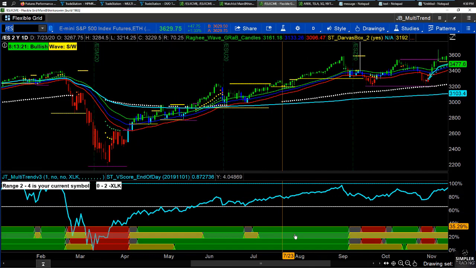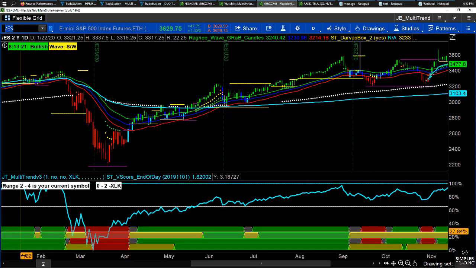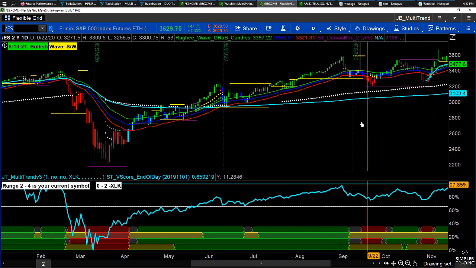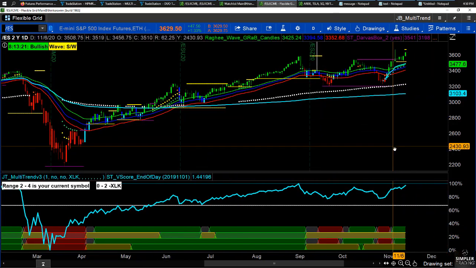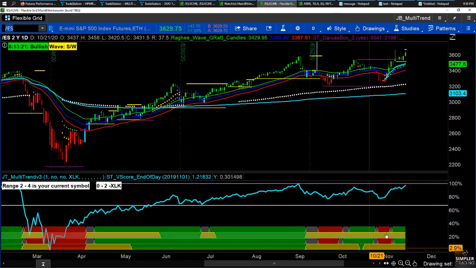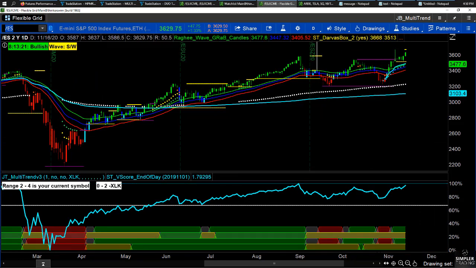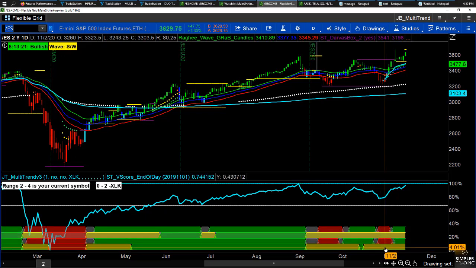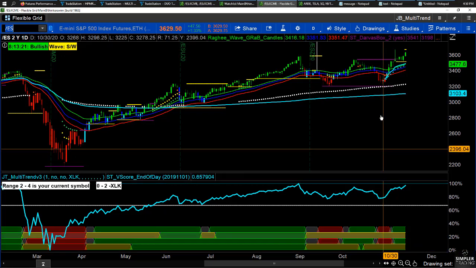Through here, green, green, green, green, green, that's an uptrend. Same through here, green, green, green, uptrend. Back in here, uptrend, uptrend. There's certain pockets of this market that are clearly quite bullish. Right now, it's not. Right now, it's more chop than bullish. It can be choppy and bullish, but it's not necessarily a bullish uptrend.